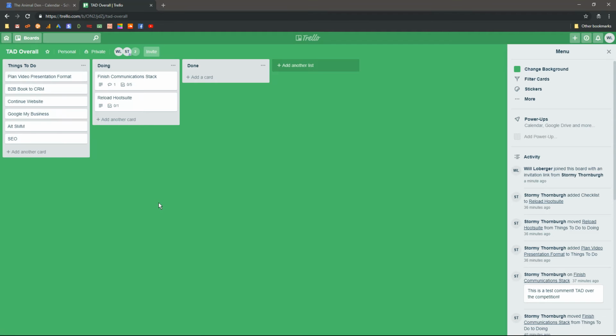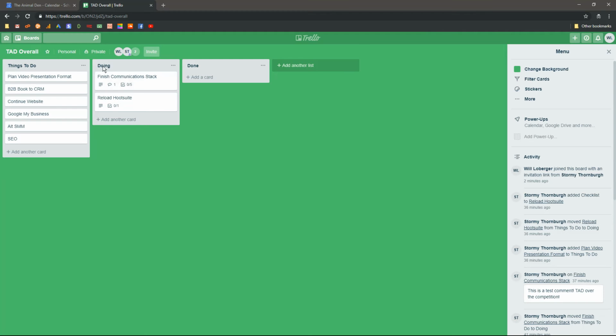So that's what Trello is meant to help us do. Get it all on paper. It's project management. We're going through the process architecture of our communication stack, and part of our communication stack is Trello, which is our project management software. Does that make sense?